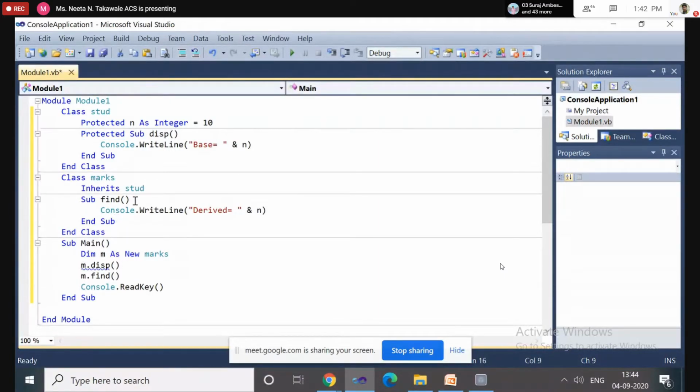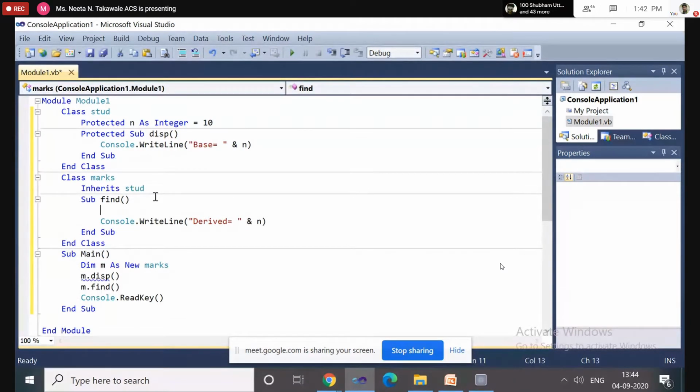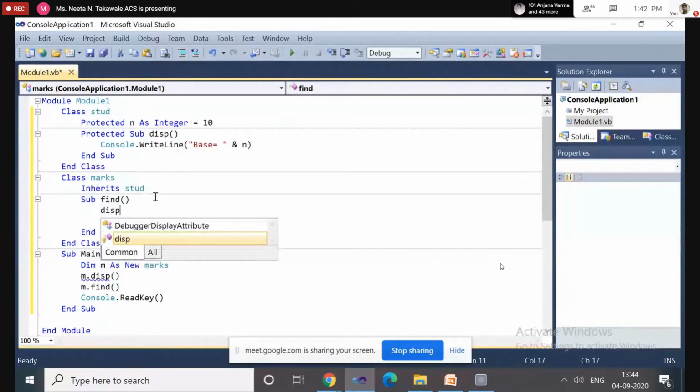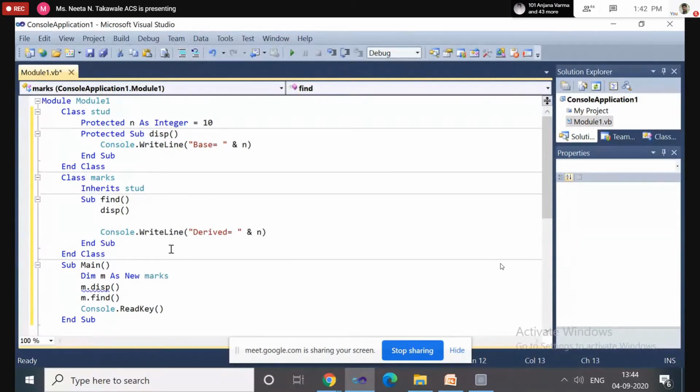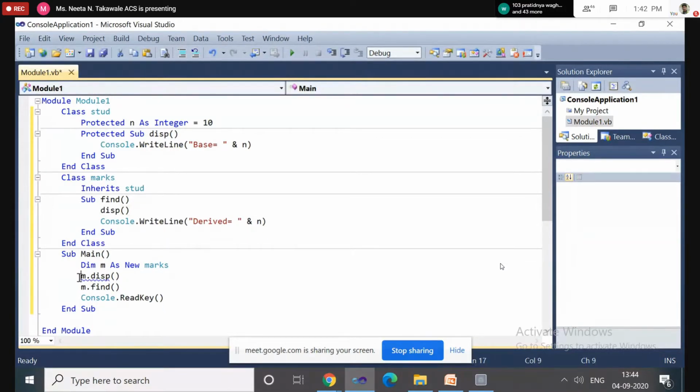Inside the derived class we can access the display method. Display is the method of the base class declared using the protected access specifier.